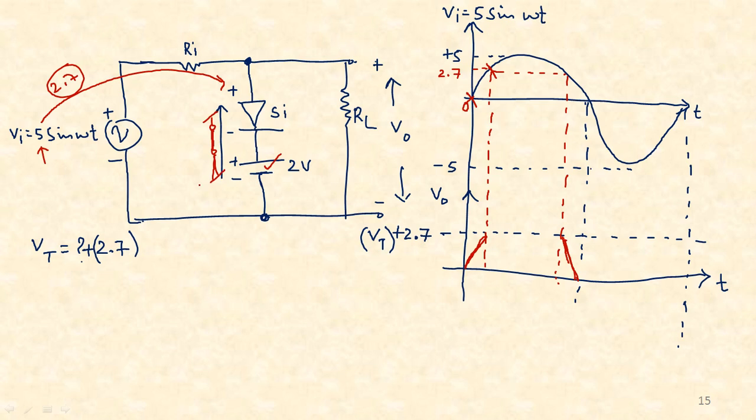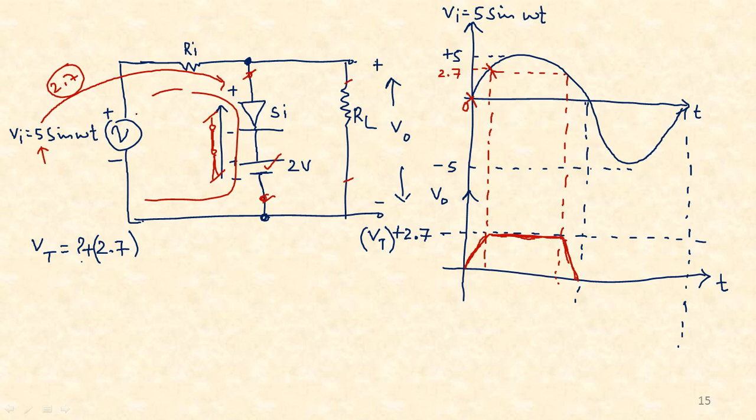So when the diode behaves like a short circuit, the maximum drop will be just across this path now. The output voltage will not be across the RL, it will be across this path. And the maximum drop across this vertical path, when the diode is conducting, is 2.7. Compared to the previous problem, there you just had a diode, but in this case you have one additional DC battery in series with the diode. Because of that you get that additional 2 volts. So 0.7 plus 2 volts is 2.7.